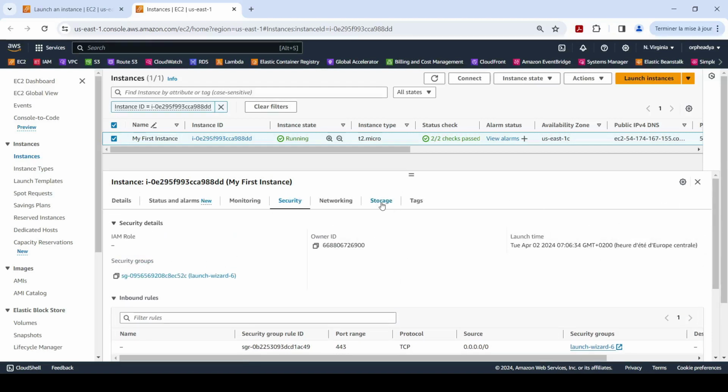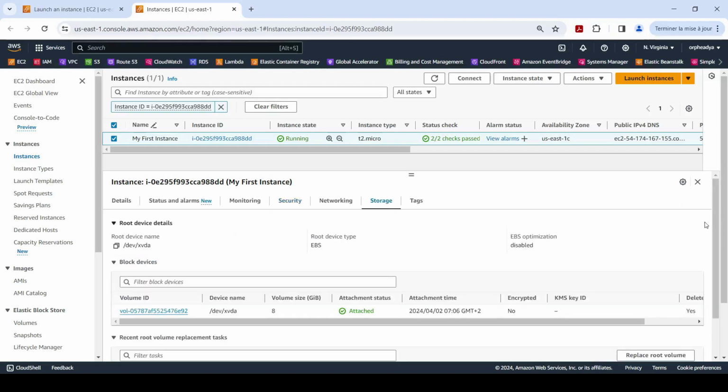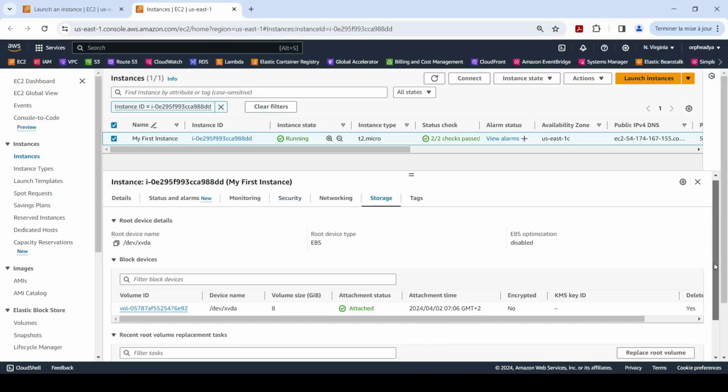On the storage tab here we have an EBS volume of size 8 GB and this volume is attached to our EC2 instance.